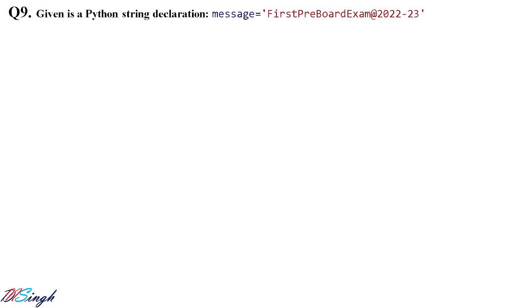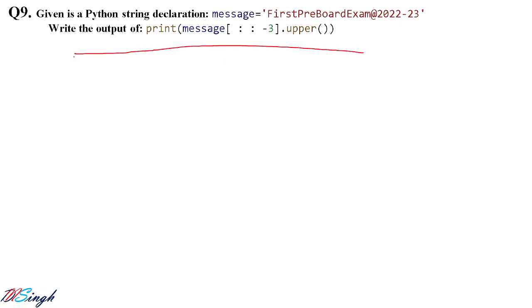Given in a Python string declaration, some string is given inside it and you have to slice it. Fine, so I will write it the same way as we have done previously. That way, if you do it like this, you are not going to miss something out. So I will write like